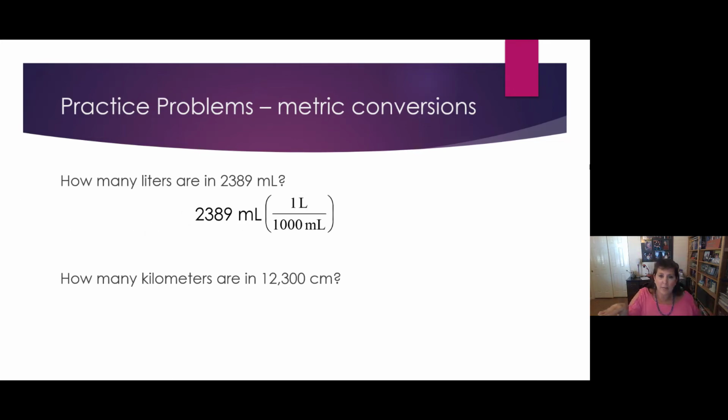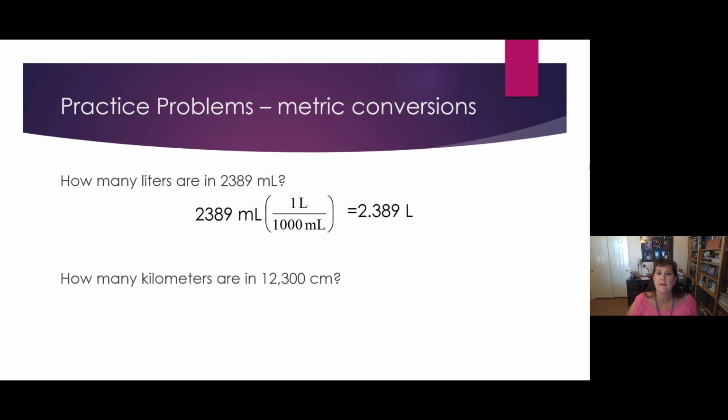Okay, so parentheses with a line through it. That's our conversion factor. Notice milliliters will cancel out from top to bottom. We're now in liters. Is liters what we're looking for? Yes, how many liters? So we're actually done. So all we have to do is punch this into our calculator. 2,389. Now the number on top is times, so times 1, which really doesn't change anything, so you don't have to do times 1. The number on bottom means divided by, so divided by 1,000 equals 2.389. Unit, liters. Good job.